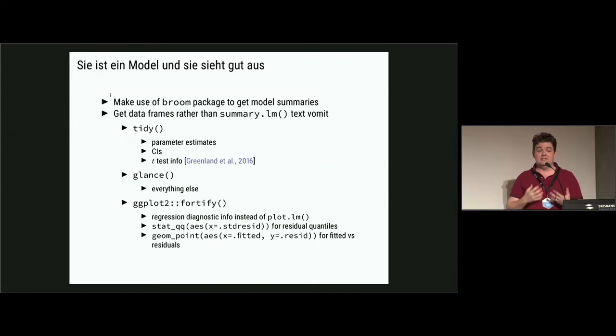So there's more than just dplyr and ggplot. Exploratory analysis is really important, but we need to fit models still. Models still matter. So we use lm because we're fitting linear regression models, but summary(lm) vomits a whole bunch of text onto your 80 character wide screen on a computer that's about as old as I am. But it's not useful. You can't copy and paste, like you can copy and paste from the screen and type that into a document, or you can spit it into a data frame where you can do other more interesting things with it.